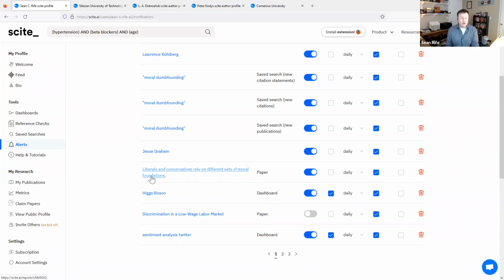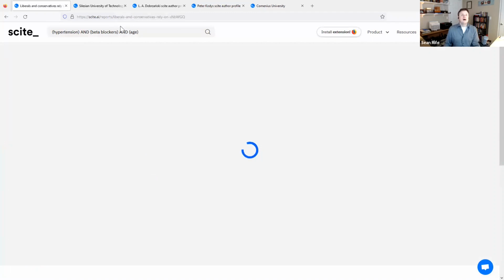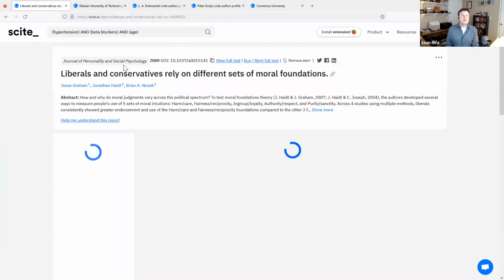And in my work as a university professor, I'm pretty much wholly reliant on this feature now, because when I teach my course on the psychology of politics and morality, one of the things that I do every semester is go through and say, all right, here is this seminal paper, who has cited it in recent years since the last time I taught this class, and how have they cited it?